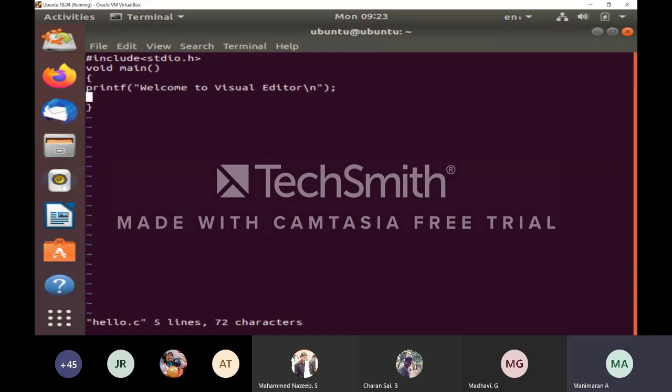Here I am typing scanf, in insert mode. scanf, %d, comma. I am going to read some value.